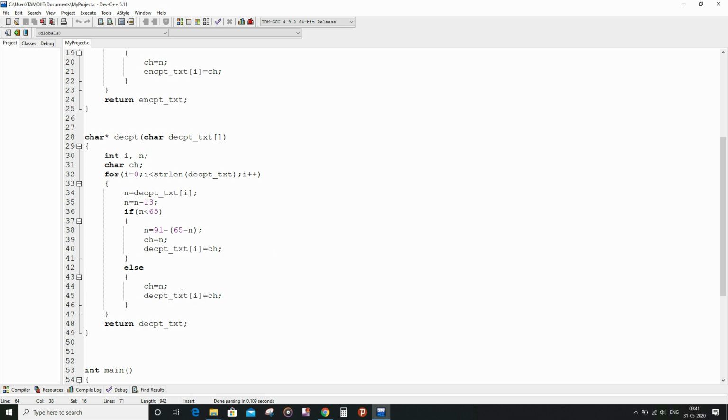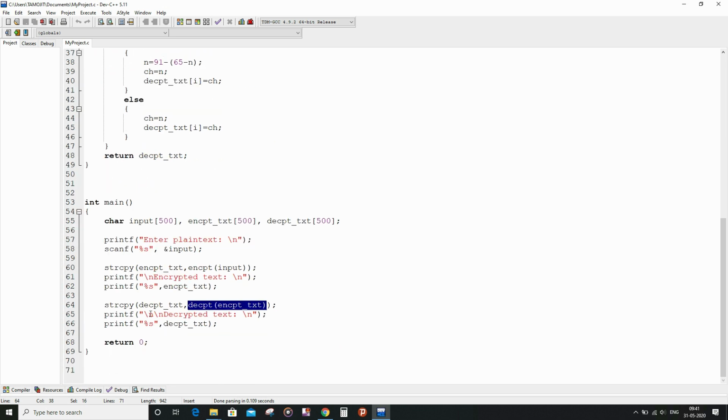After all that, I had returned the decrypted text, which will be copied into the decrypt text of the main function, and after that I am printing the decrypted text. Similarly, I had already done it for the encrypted text.